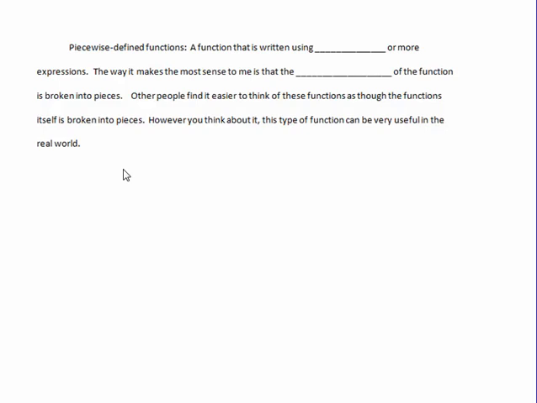Next, we'll be looking at the guided notes for 2.6, special functions. And the first special function I want to introduce you to is the piecewise defined function. Now, a piecewise defined function is a function that is written using two